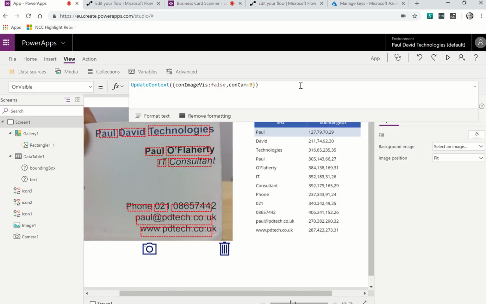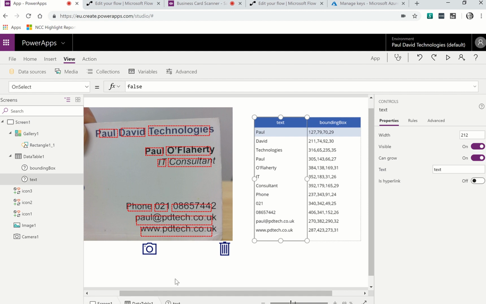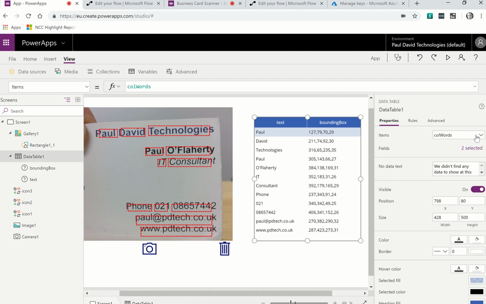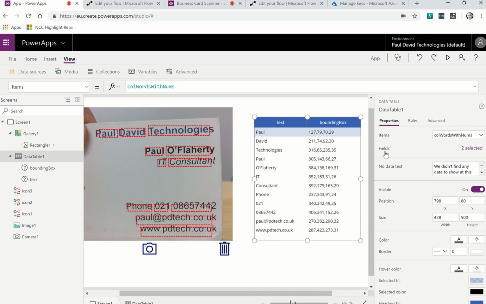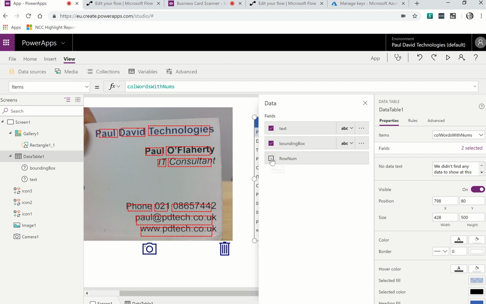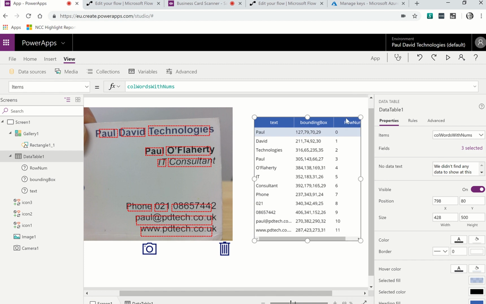So we can also show that on here if we want. Remember, we'll clear this out later, but this is just to show us what's going on. So I'll select that additional field. I've changed the source to the col words with nums, added in the row number. So there we can see the row number. So now on here in our gallery,